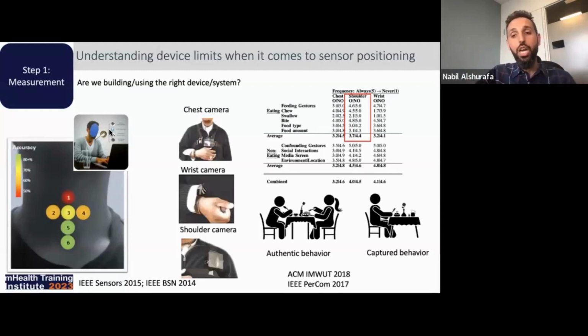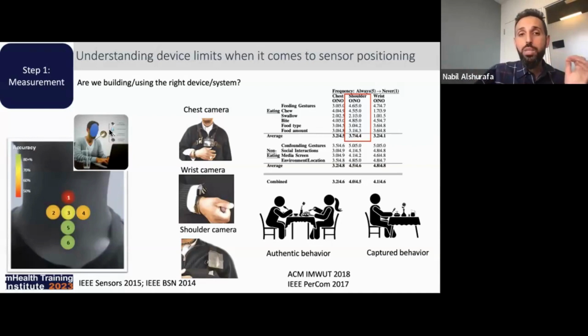In another study, our goal was to capture authentic behavior. And so we looked at where to place the wearable camera to obtain the greatest visual confirmation. Here, people were wearing a wrist-worn device, and we wanted to know what was causing these false positives and false negatives in the real world. And so we looked at where to place the wearable camera. We looked at the shoulder, the wrist, as well as chest locations.